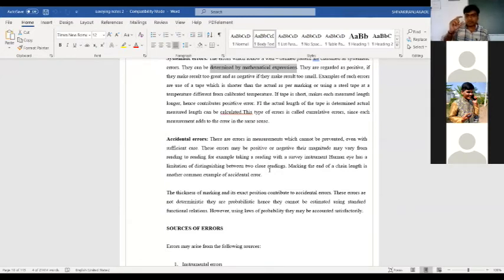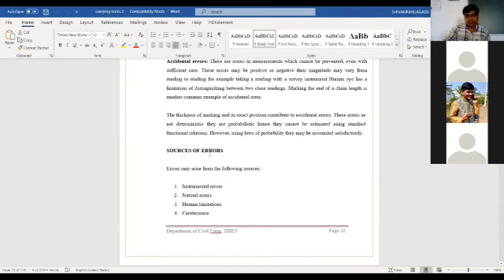If he has some power in his eye, then whenever we take the readings, they may vary depending upon the magnitude. So there we're going to have the accidental error. This accidental error will occur unknowingly.